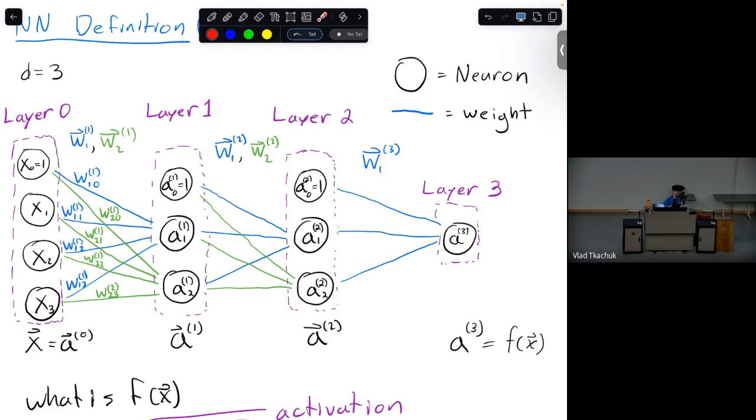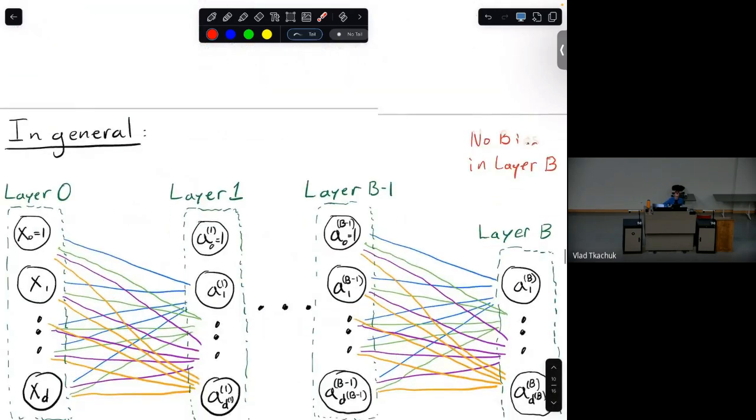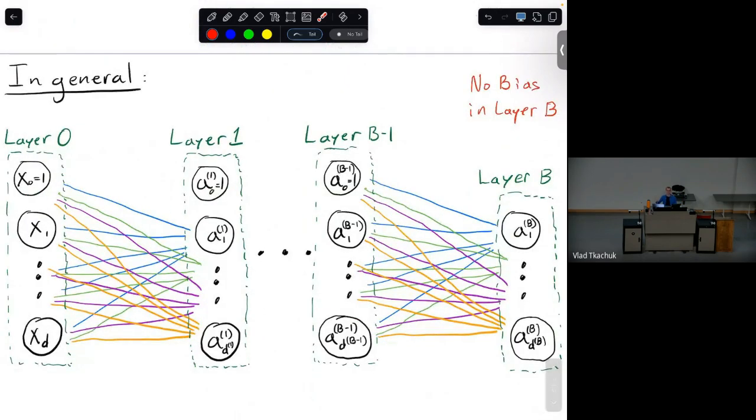Okay, let's get into the most general case of what this neural network looks like. In general, it looks like this, and I've kind of alluded to this: it doesn't need to have 2 or 3 layers. It can have as many layers as you want. We'll call that variable B. The reason I don't use L is because we've always used that for the expected loss, and that would be very confusing. B layers, you can think of it like B blocks or something like that.